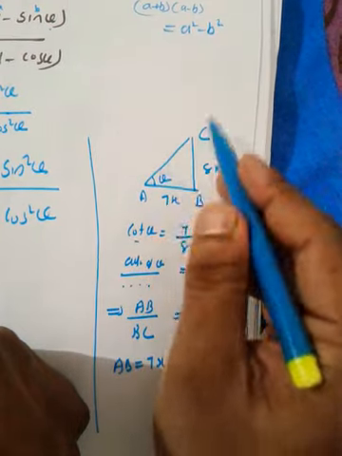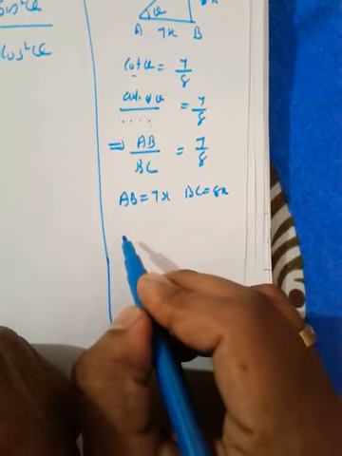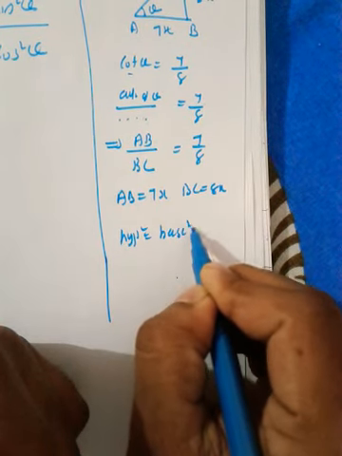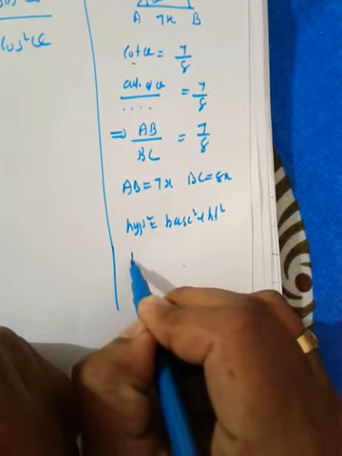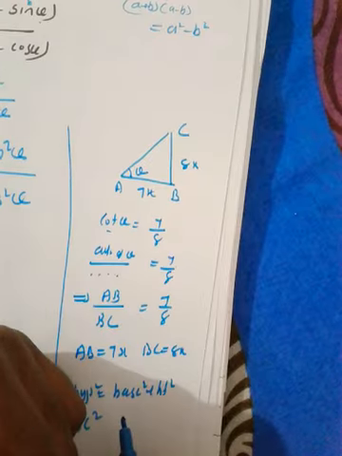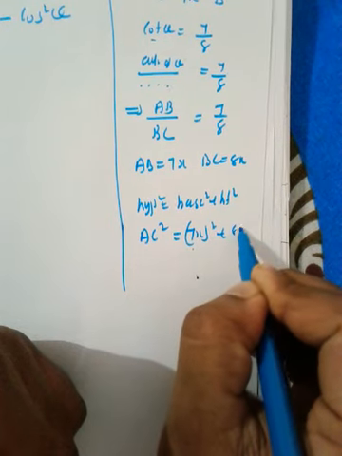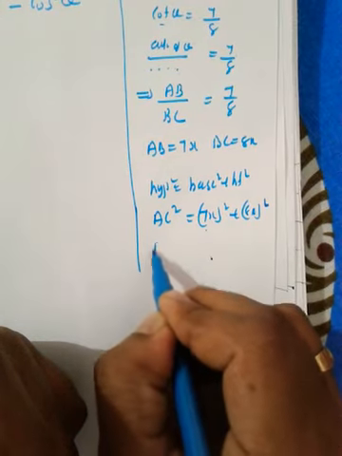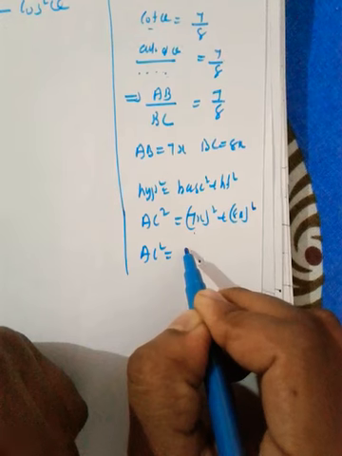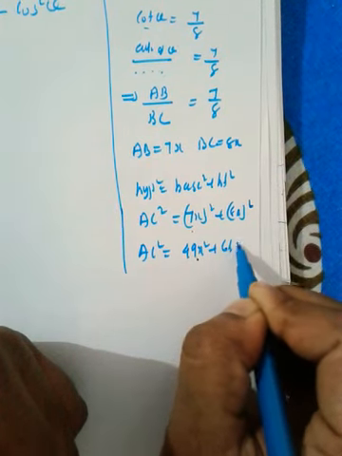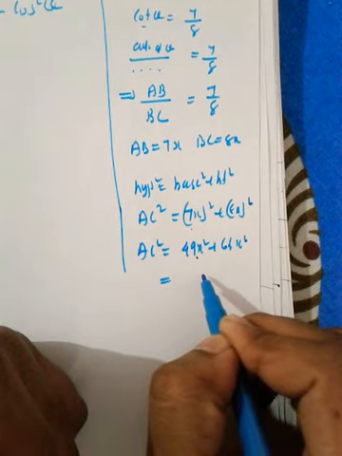Now it's time to calculate the remaining third side, that is the hypotenuse. Apply Pythagoras Theorem and calculate. Hypotenuse square is equal to what? Base square plus height square. So the hypotenuse is AC. See, AC square is equal to base square, 7x whole square, plus height square, 8x whole square. Okay, so AC square will be 7x square means 49x square, then 64x square. When you add it, it becomes